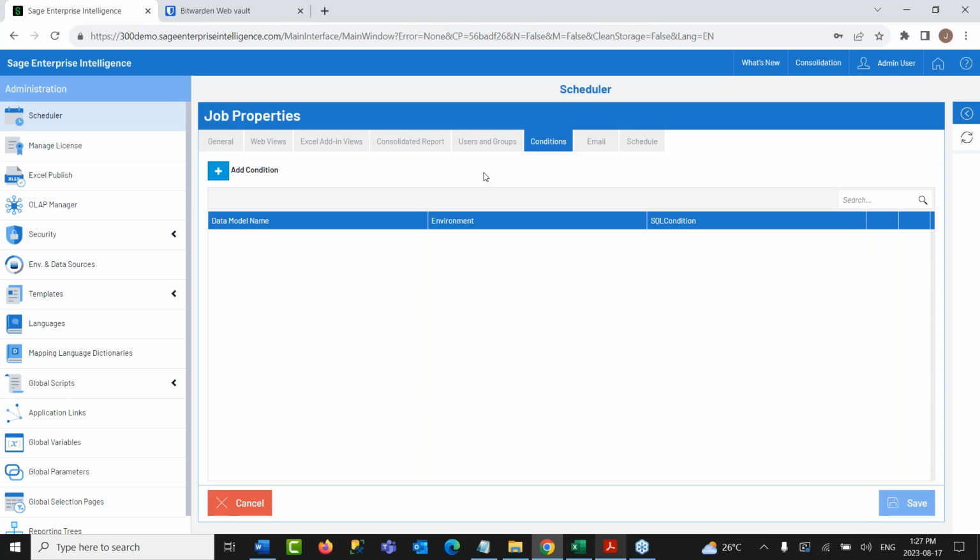So if the margin percentage for a certain sales rep drops below the amount which is set for them, you could receive a notification based on that condition. So you can set those conditions and receive alerts and notifications based on that. So you can be proactive about the situation rather than being reactive.